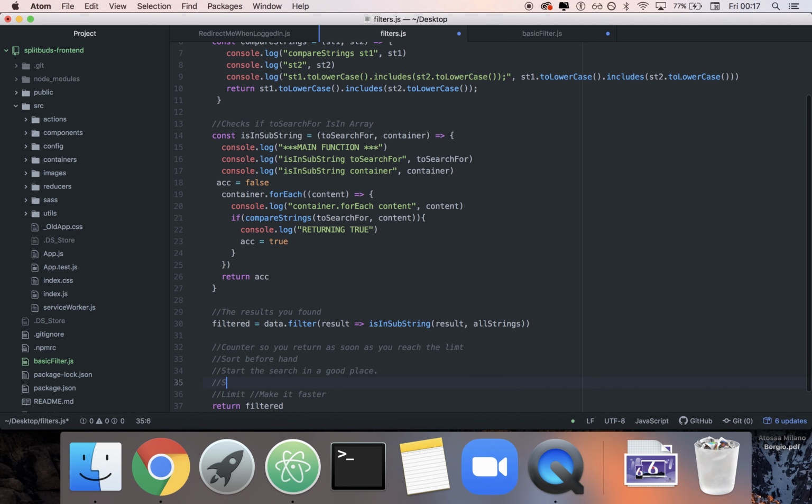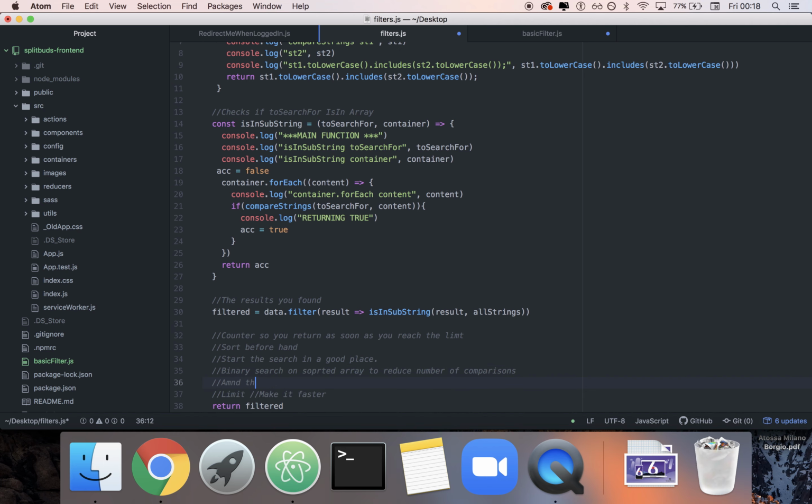You know, you would probably use binary search on a sorted array to reduce the number of comparisons, right? And then just return as soon as you have